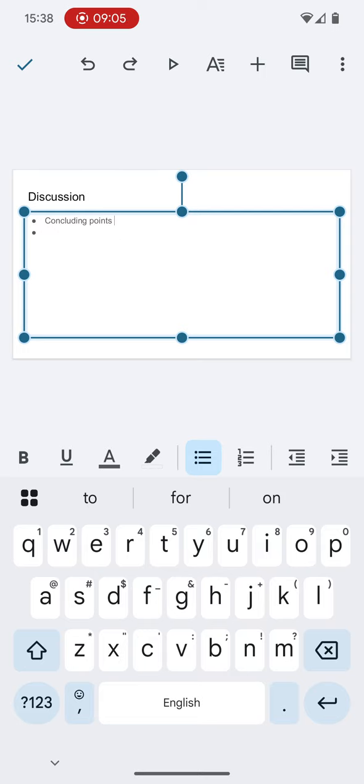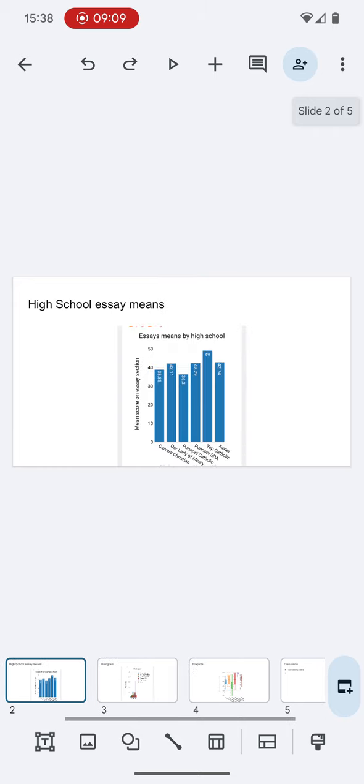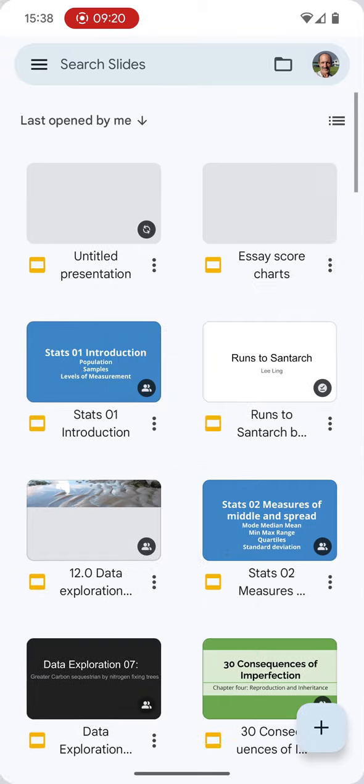So with that, I now have a presentation that I can present that includes charts from Statisty in there. A little bit of size issues with mobile, but better than nothing. It can still be done all from your phone. That can now be submitted